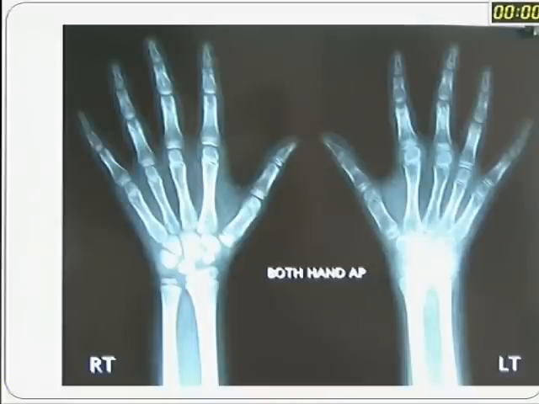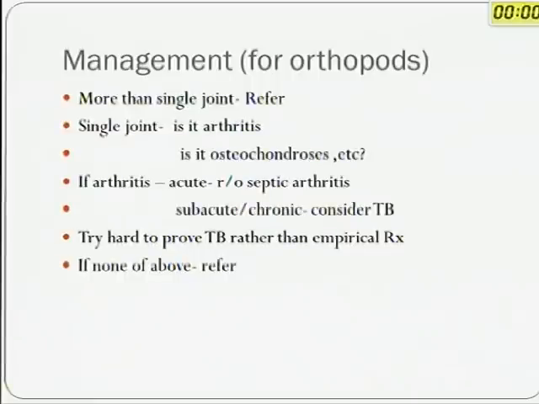And this is a child, 9 months, with a single wrist swelling, synovitis, effusion, restriction, morning stiffness, otherwise completely well. Had seen lots of people, had an MRI which showed chronic synovitis, a biopsy that showed chronic synovitis, but the penny didn't drop. Then finally she landed up with me, this is classic JIA monoarthritis, injections, child is doing well, but if you see, this is the right wrist which is completely normal, it's a lot of bony destruction here. There will be residual deformity. If she had come 6 months earlier, probably could have prevented residual deformity.